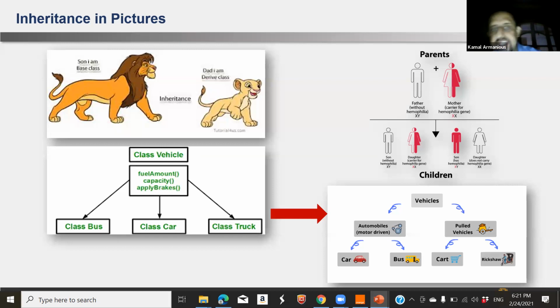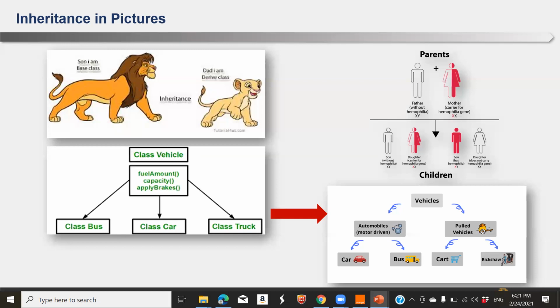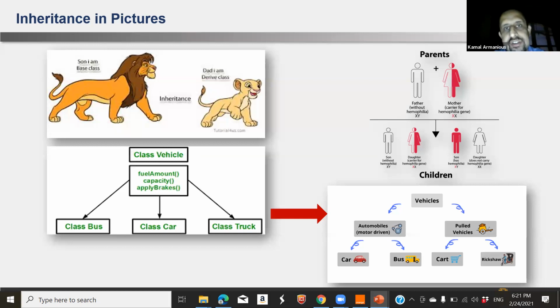So when I say encapsulation, remember the medicine capsule. The capsule has medicine in it, you don't know what it consists of, but it supposedly relieves you. So encapsulation means that the class contains all the functions and all the attributes that are necessary for the operation of the class. This is meant by encapsulation.